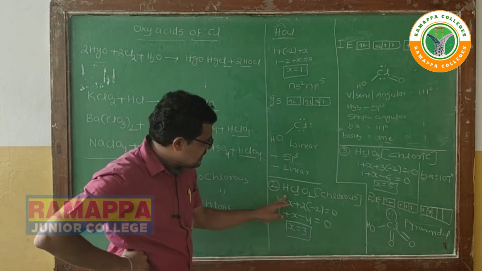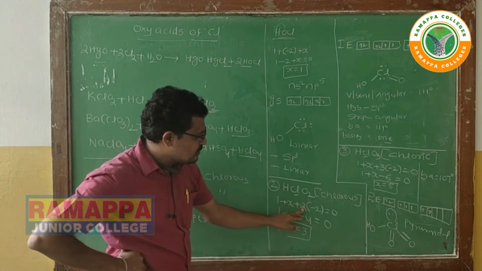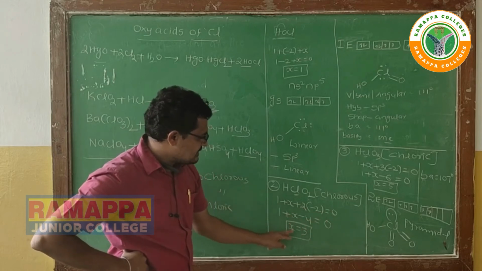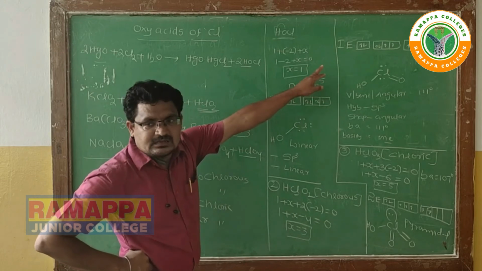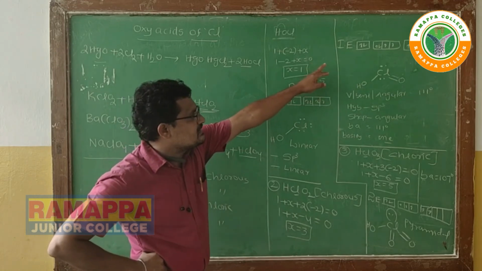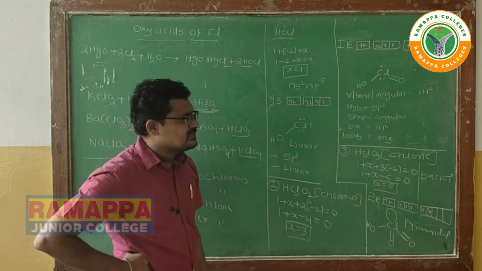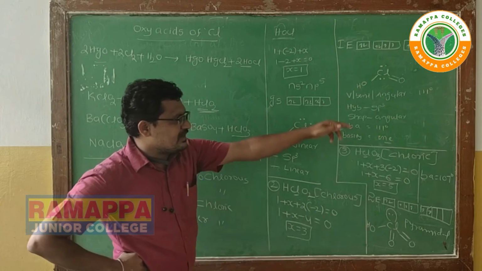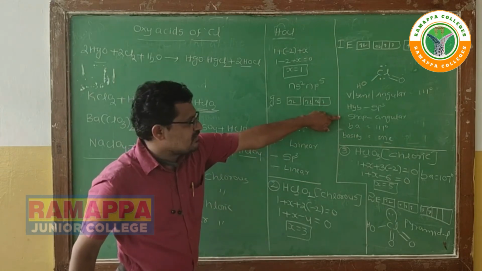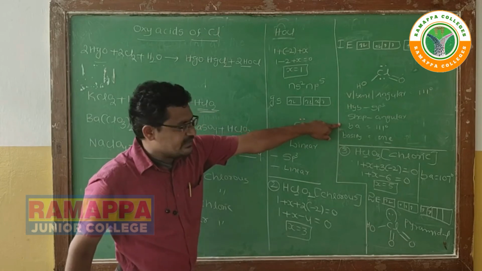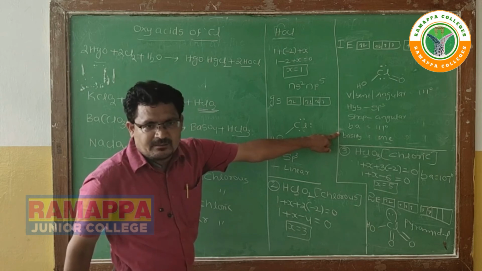Hydrogen equal to 1, chlorine equal to X, oxygen equal to 2 into -2, simply 0, X equal to 3. Now 3 means 3 unpaired electrons. Now the 3 unpaired electrons are in which excitation state? First excitation state. Its shape of the molecule is V shape, bent shape or angular. Its bond angle is 111 degrees. Its hybridization is sp3. Its shape of the molecule is angular. Its bond angle is 111 degrees and its basicity is 1. Simply, basicity depends upon the OH group.